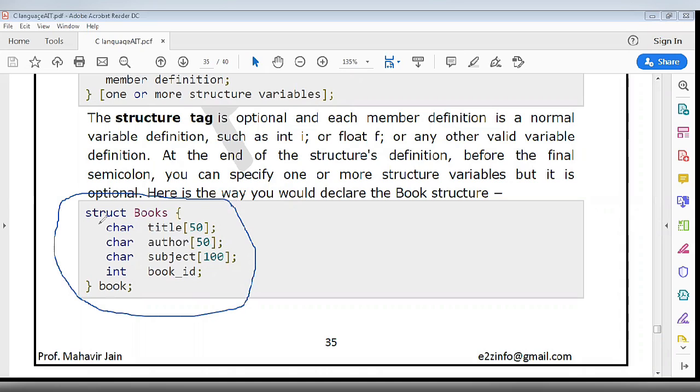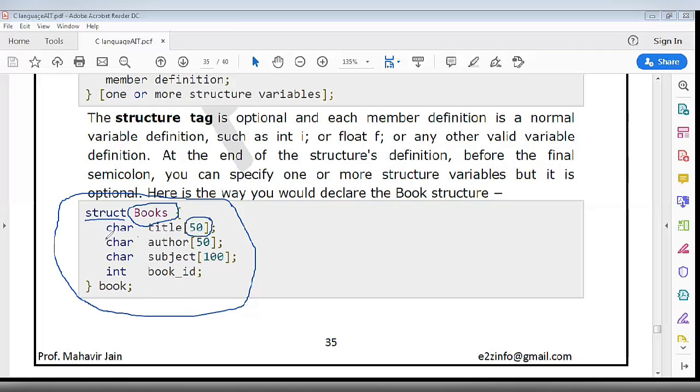After that we have a number of members in the books structure, like title, and the length of the title is 50 characters, author, and the length of the author is 50 characters, subject, and the length of the subject is 100, and book underscore ID is of type integer. Basically, the sizes of the title, author, and subject are user defined values. You may have any length of title, author, and subject, or you can change the value.